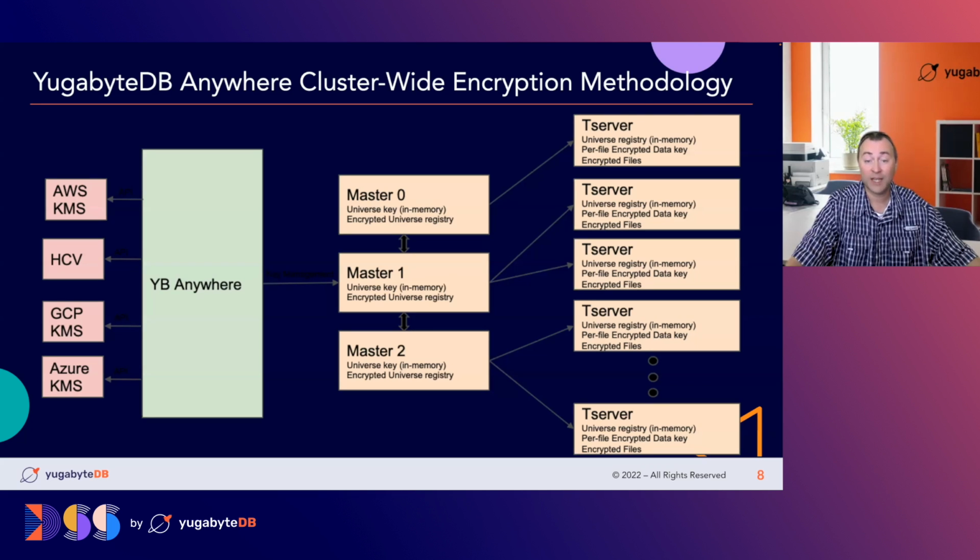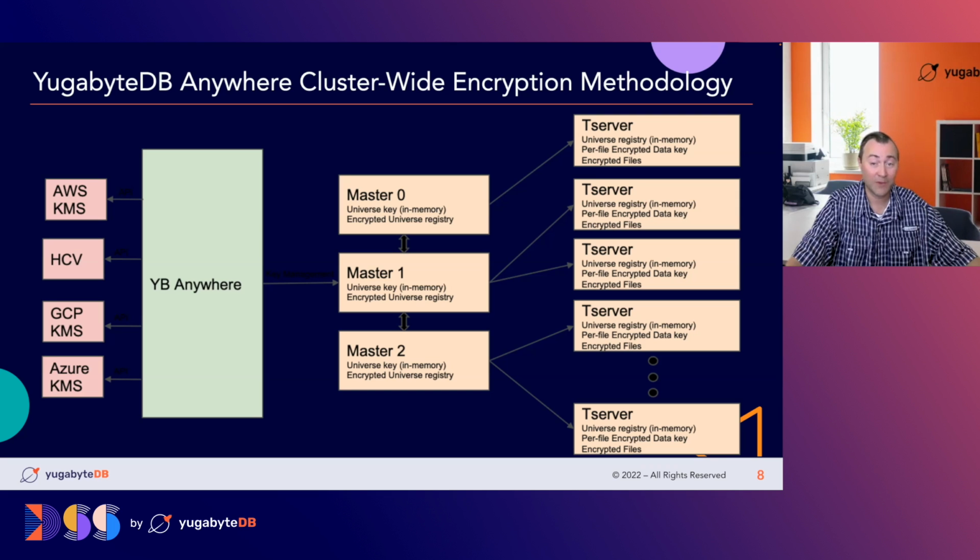Let's start off with the database files themselves, which exist on the database servers or T servers on the right-hand side of this diagram. Database files are encrypted with the data key, which we defined in the previous slide. For each database file created, a unique data key is created, which is specific to each data file. The universe key is used to gain access to the data key so that the database files can be decrypted